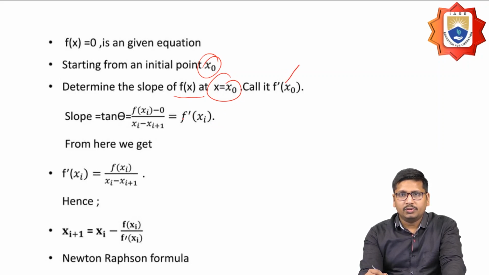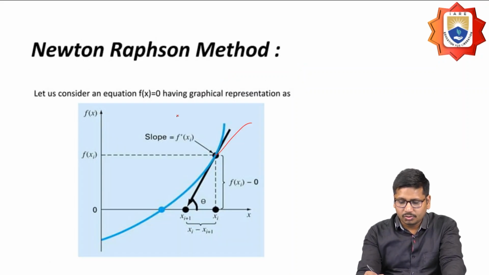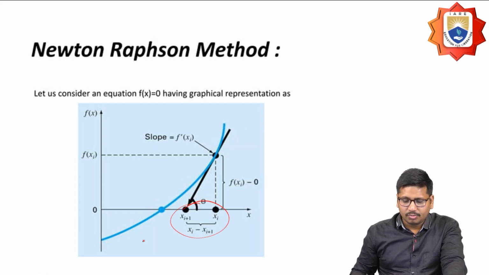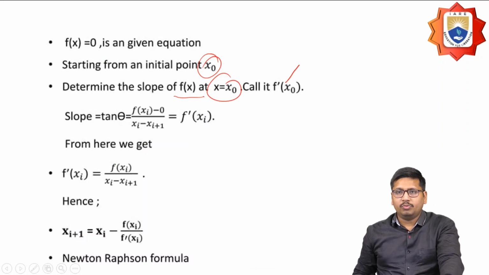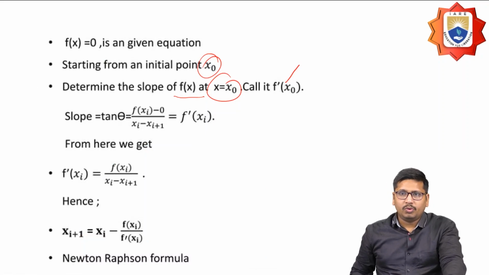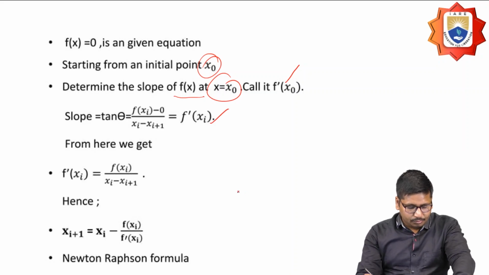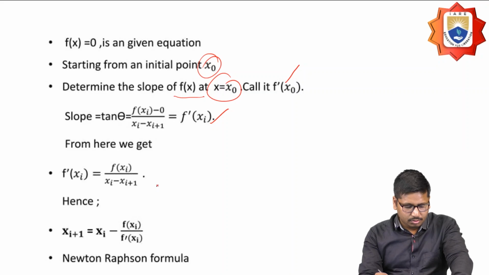So the slope value should be the tan value. How is this value obtained? It is f of xi minus 0 by xi minus xi plus 1. So f of xi, and then the summation of this is taken to find the slope of this equation, and finally we call it f dash of xi. So if f dash of x is determined as f of x by xi minus xi plus 1,